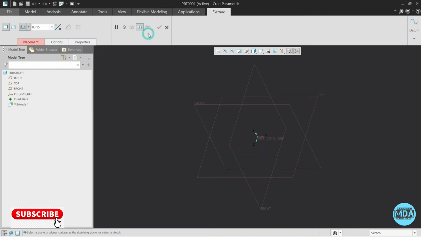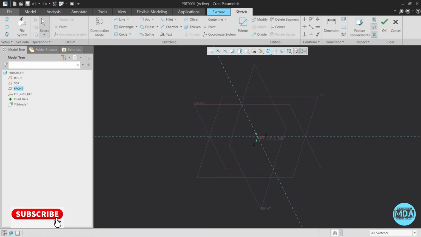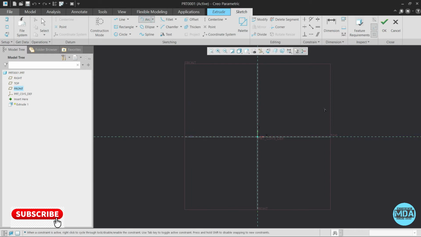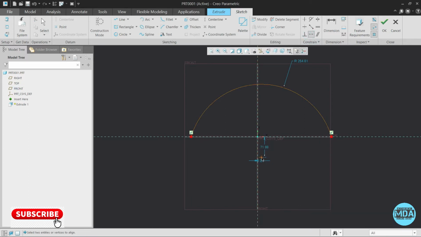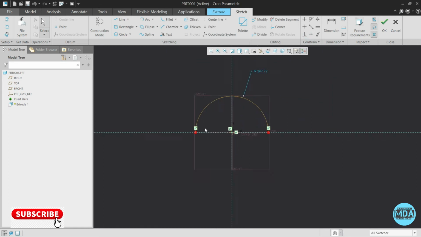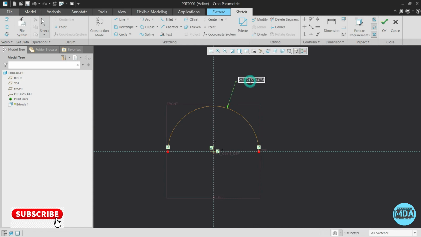So we learned that for creating a solid feature the closed loop is required. But now for the surface, what are the requirements? For the surface we require an open loop or closed loop. We can create a surface by using an open loop or a closed loop. Now here I am creating an open loop section.